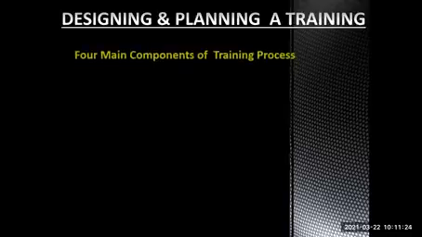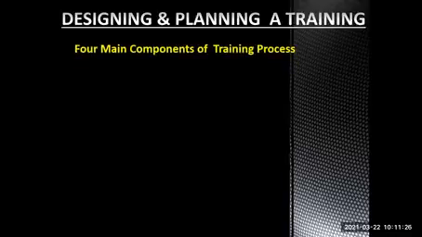Okay, let's start. So there are four main components of a training process. When you say a process, it follows a series of steps. Number one is planning. So what do you do when you plan? You conceptualize, you think, you take note. You have to be skeptical. You have to also gather important data of your beneficiaries, target clients, target